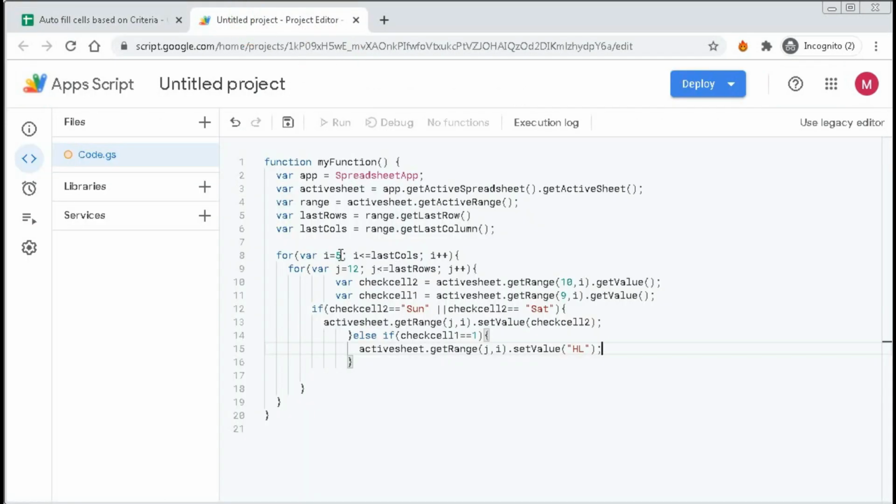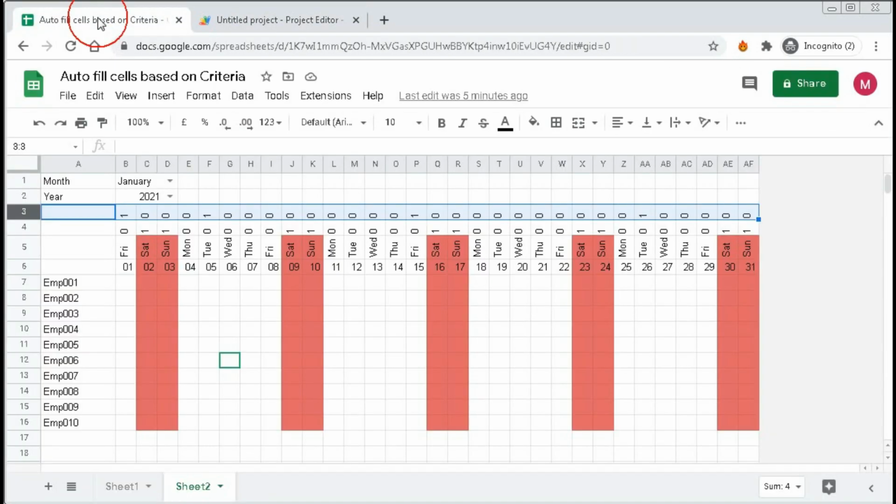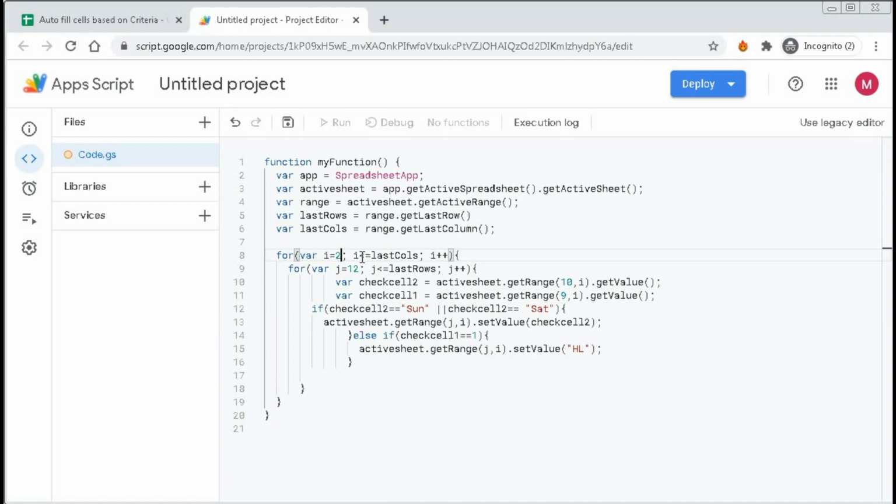And i is less than or equal to last column. That means we will check up to the last column. And i plus plus means when we have completed checking the second column, it will check the third column. That means it will add 1 to i.